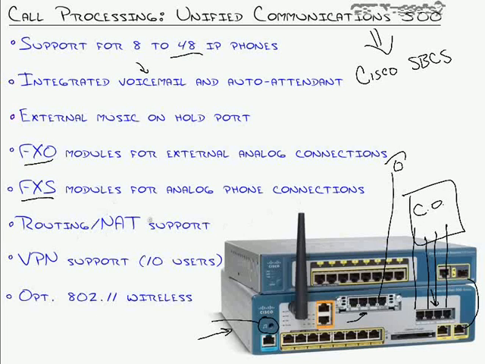As I mentioned, routing and NAT support, so it's your router, it's your internet access. It's VPN support up to 10 users, again, small business. Optional 802.11 wireless, and you can get whatever 802.11 standard you want. So, okay. I'm stopping here or else I'm going to jump back onto my soapbox on how cool this box